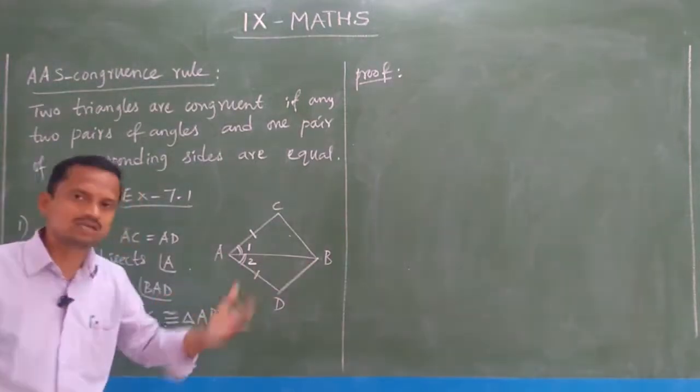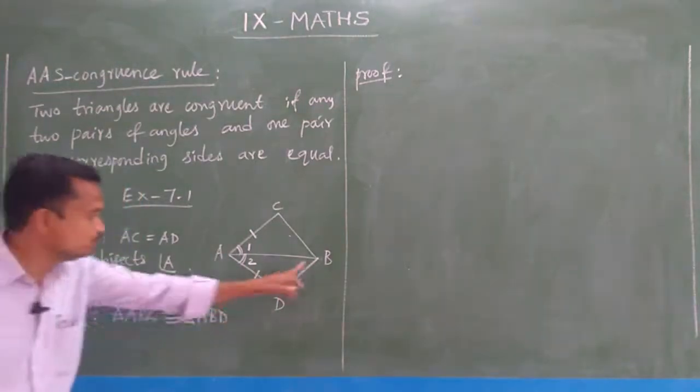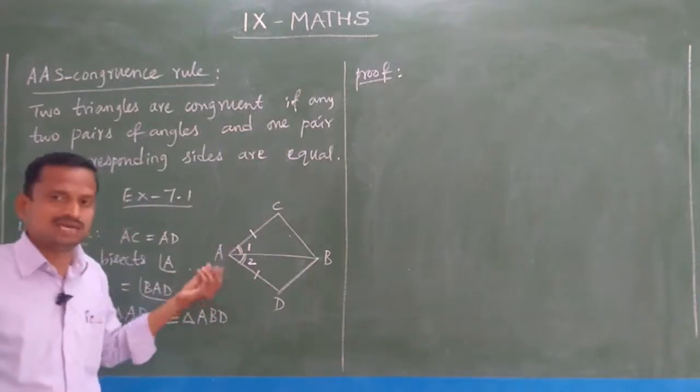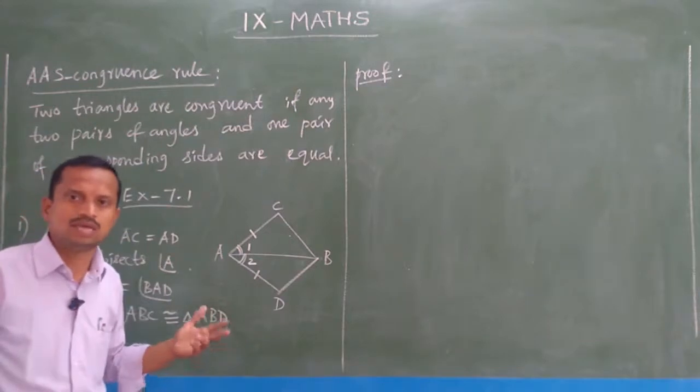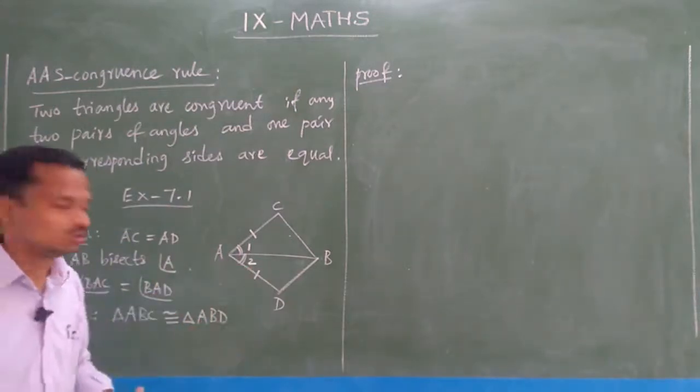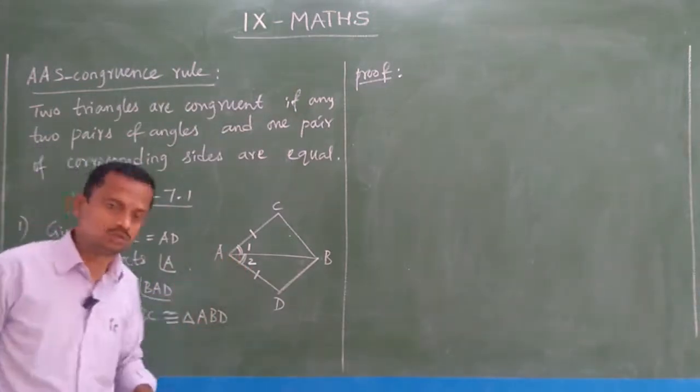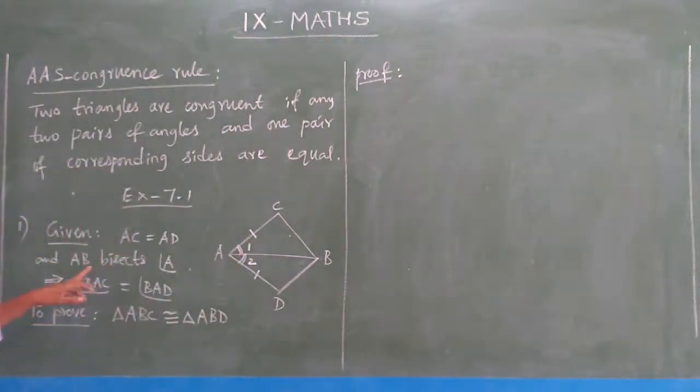BAD, so which direction do we have to say that angle? We cannot say it simply as angle A. Angle A means the full angle, 1 plus 2. Both together are called angle A. But here it is split, so this is angle 1 and this is angle 2. So, by the given matter, AB bisects angle A, we can have this.